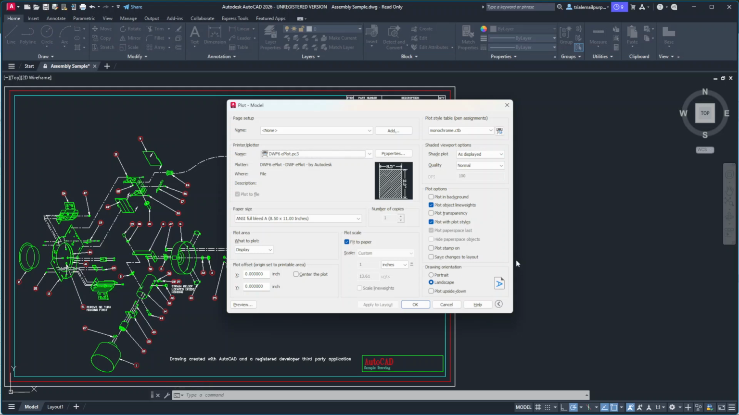In the plot dialog, turn your attention to the section labeled Plot Style Table, also known as Pen Assignments. Here, it's crucial to check which plot style is currently selected. This is where you will see what AutoCAD is using to dictate how your lines and colors are displayed and printed. Now, if you find the plot style set to monochrome.ctb, which is typically used for black and white plotting,